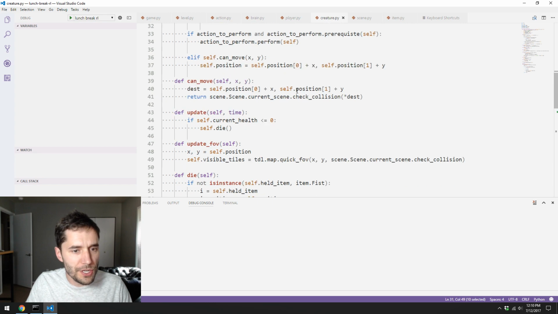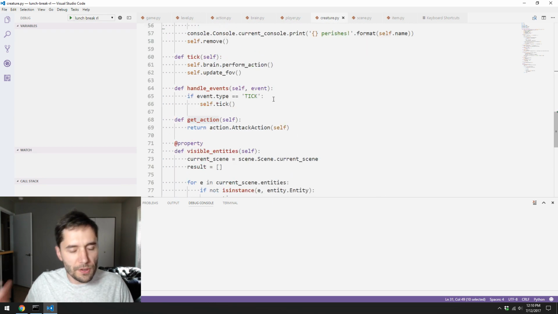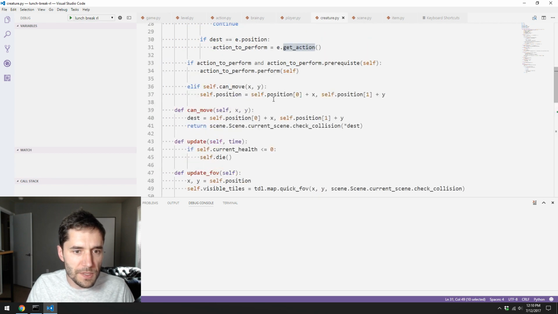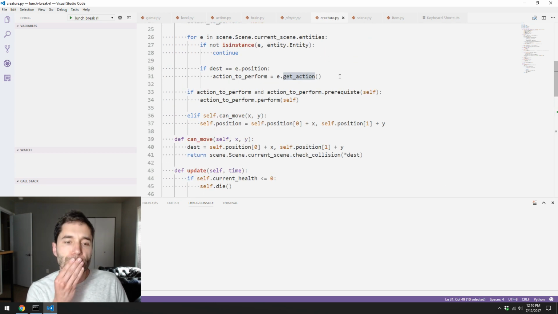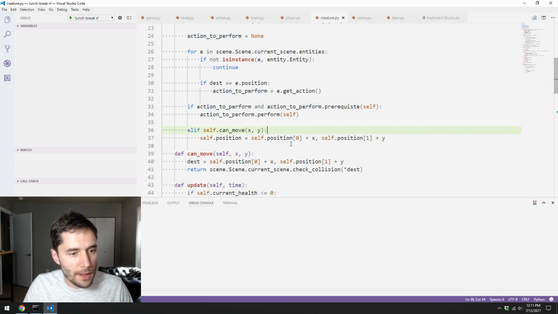For creatures, the default get action is an attack, so if you bump another creature, you attack it. For items, if you bump an item, it will pick it up. So what I think I need to do, because basically we assign this to this variable, and if this variable exists and we meet the prerequisites, we execute it. And I think what we should do is